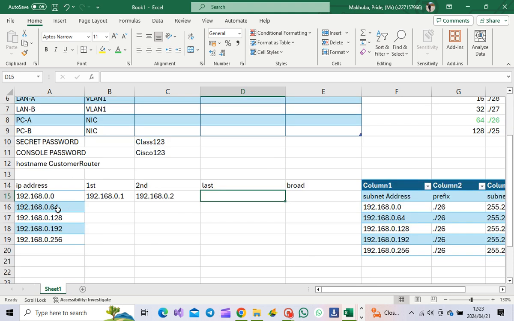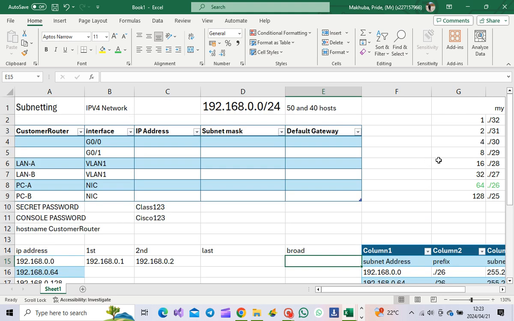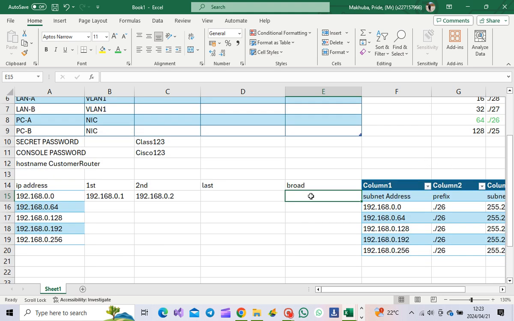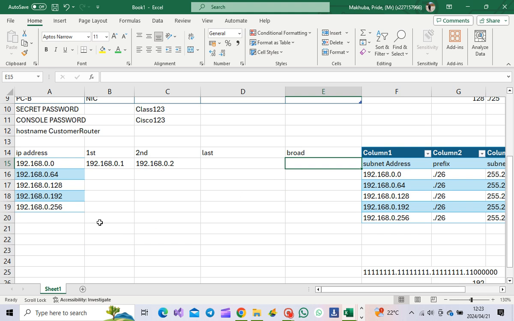So the broadcast will be 64 minus 1. Let me just work this thing. It will be 64 minus 1, which will give us 63. So our broadcast network will be 192.168.0.63, meaning that the next broadcast network will be 128 minus 1,